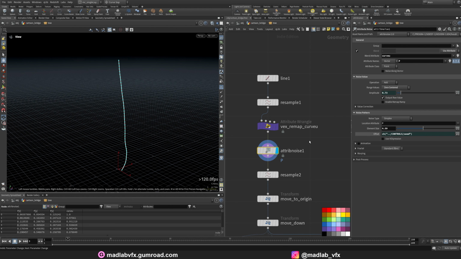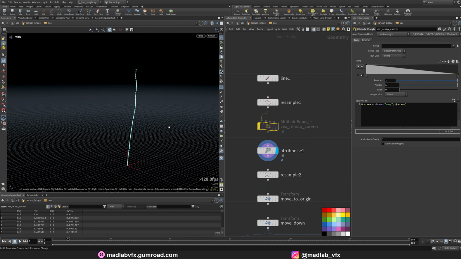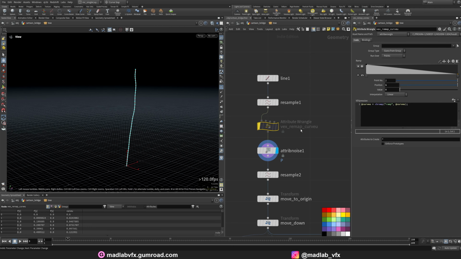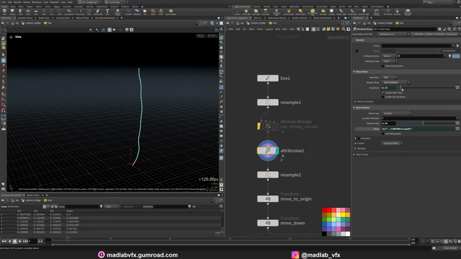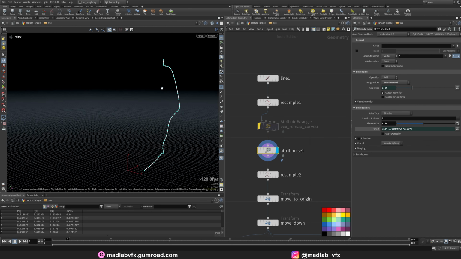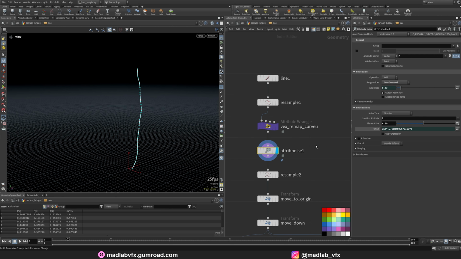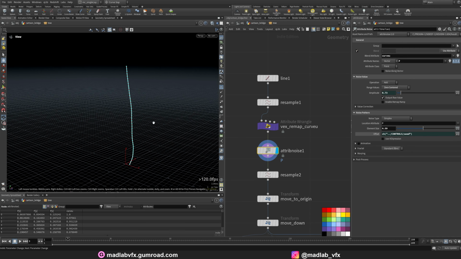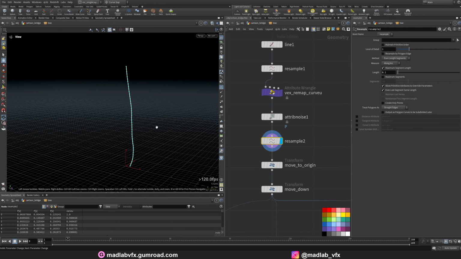For example, without curve U, if I apply the noise, it would be applied to the entire tree. If I increase it, all of the trunk of the tree will have the noise applied. If I disable that and enable the remap curve U, I apply the blend just using the curve U attribute here. I resample that again,